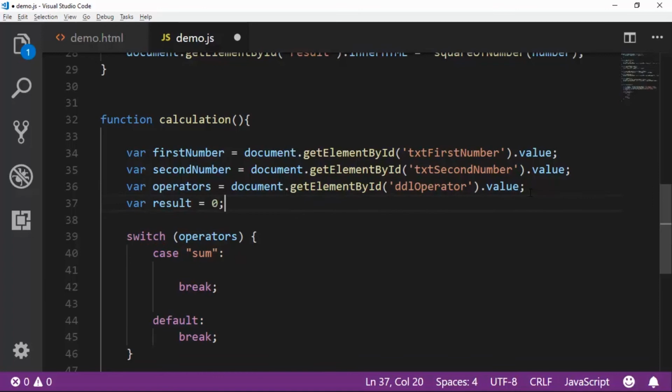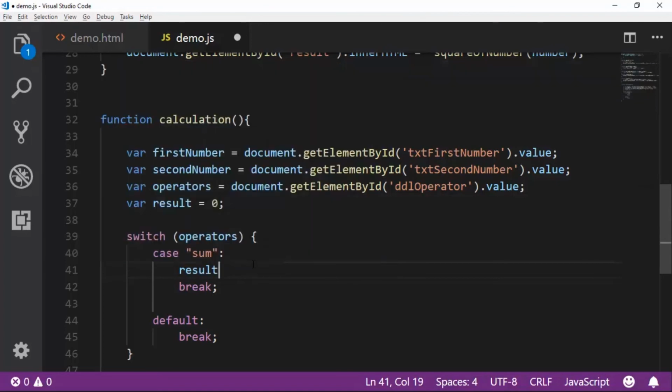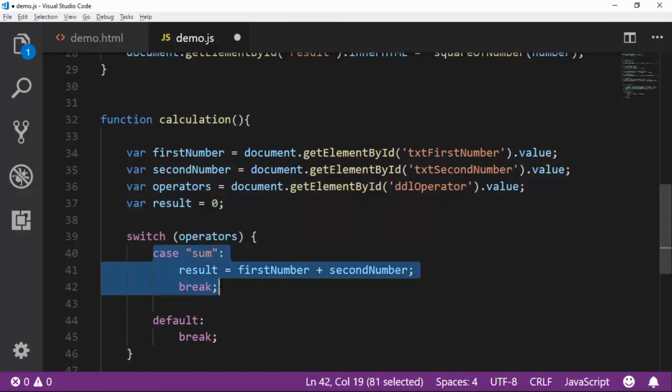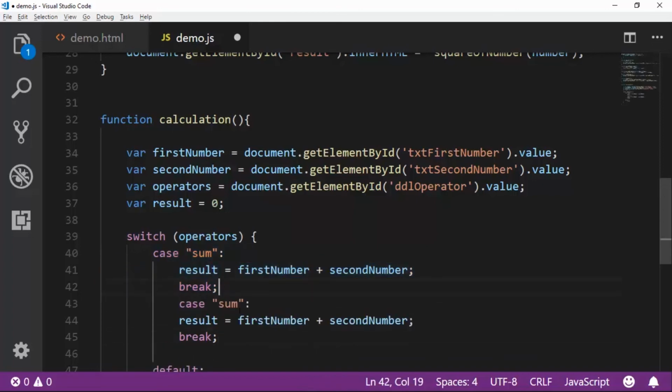So let's say 0. Okay, so result is equal to first number plus second number, break, the same thing, sum, if it is sub, subtraction,